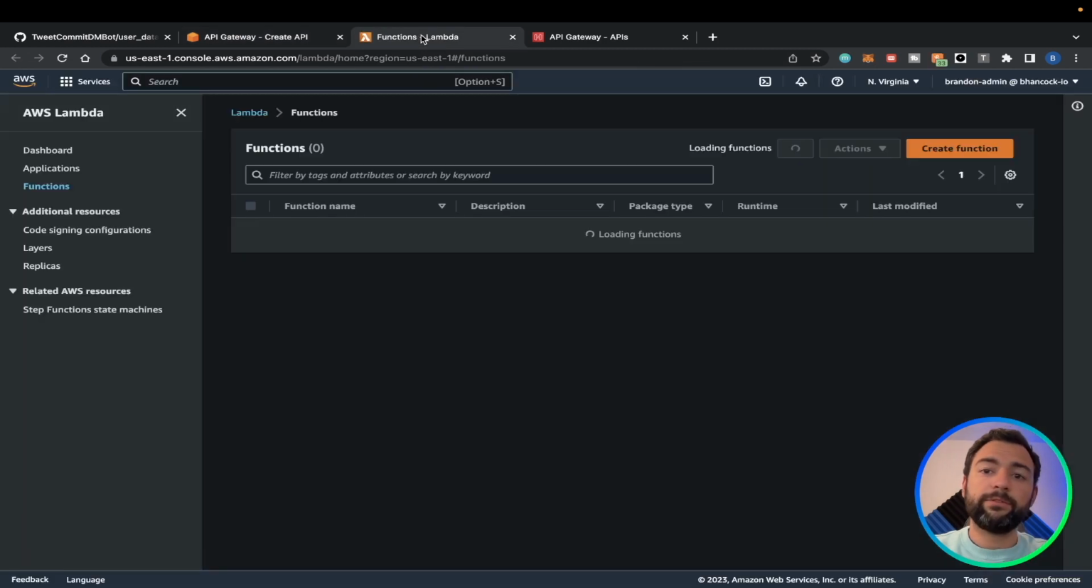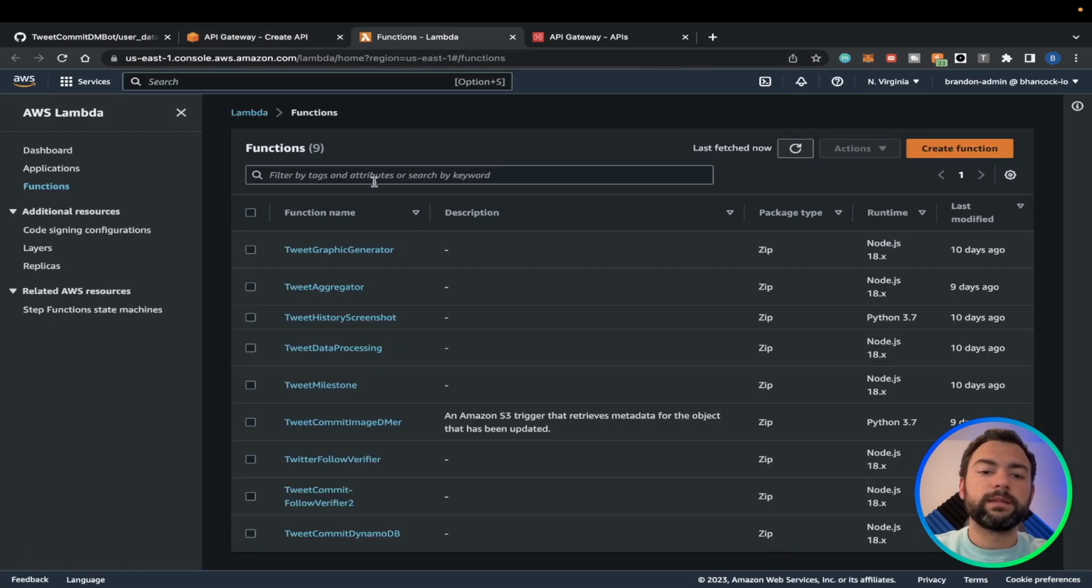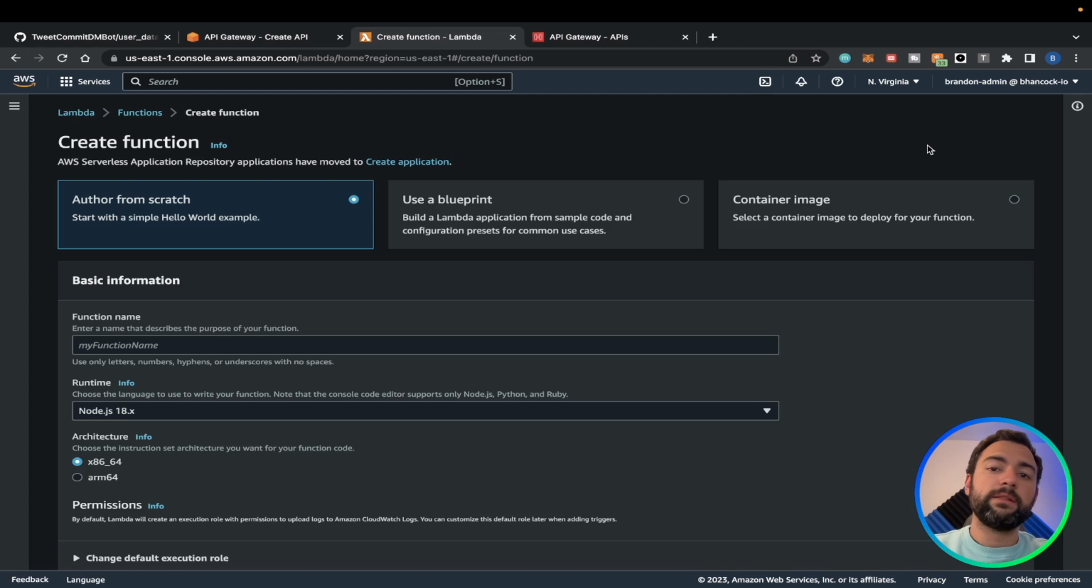Open it, and then after it loads, it should bring you to a screen that looks just like this, except yours will be empty, whereas mine's pretty full. All right, so what we need to do next is hit create function. And this is where we'll actually provide all the details for our Lambda function, which will then be integrated with